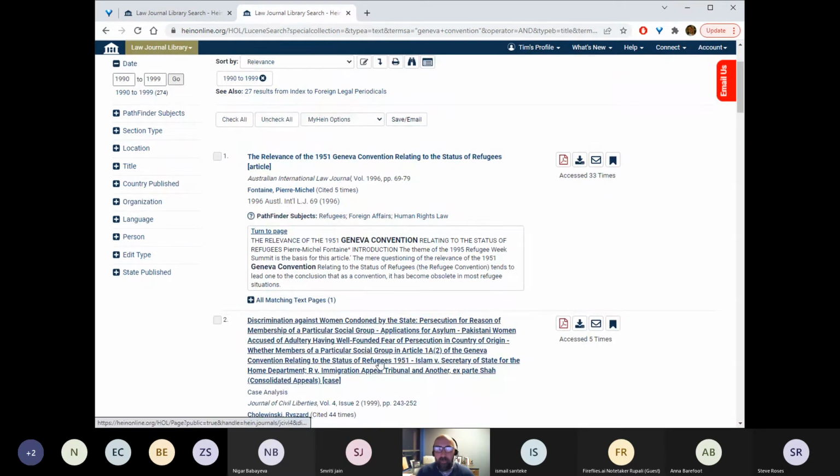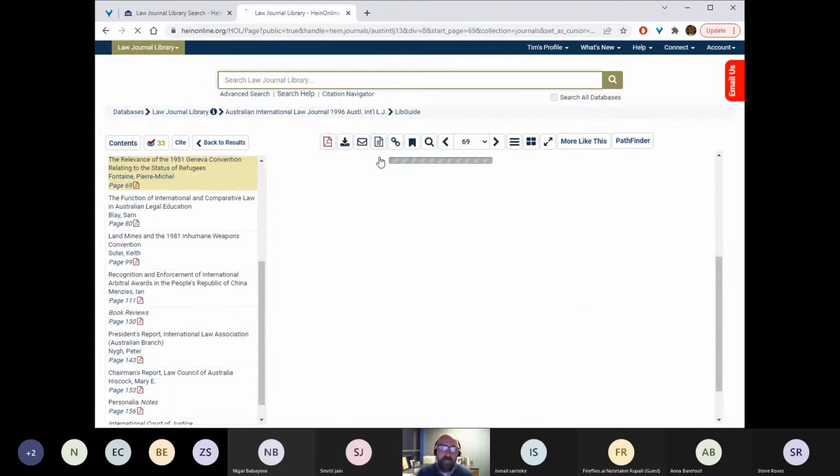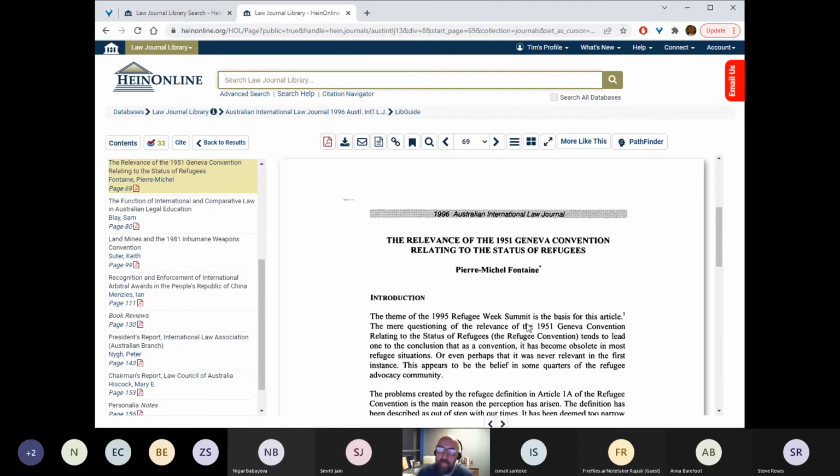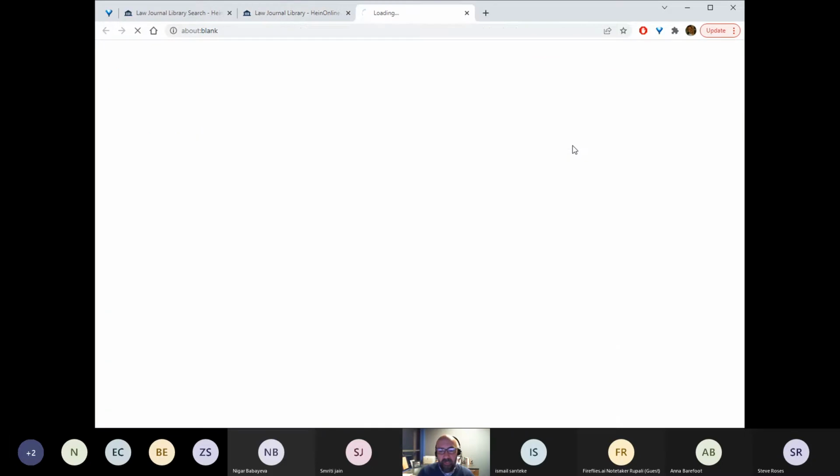Now, one other really effective tool that we have is if you are performing research within HeinOnline and you come upon this particular article, the relevance of the 1951 Geneva Convention relating to the status of refugees, maybe that article is very important to you and you want to find more articles that are like this article. Well, HeinOnline has a tool for that, and we call that More Like This. And that's where if I click on More Like This,